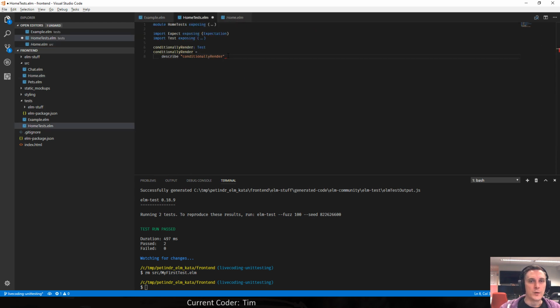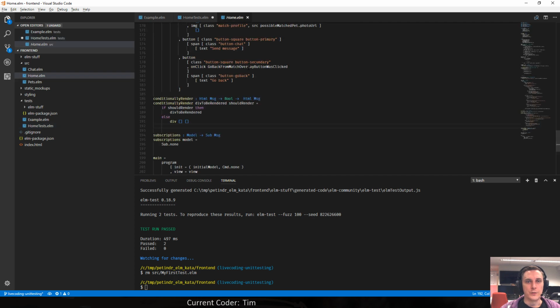So I want to be describing how conditionally render works, so I'll start off with that. What are the test cases that we could do with this? Conditionally render takes in a div and a boolean, and it then outputs another div.